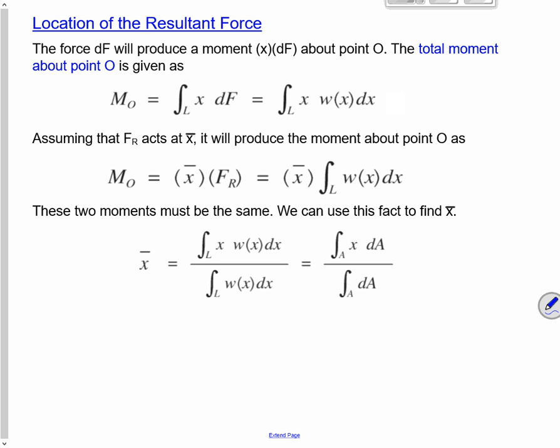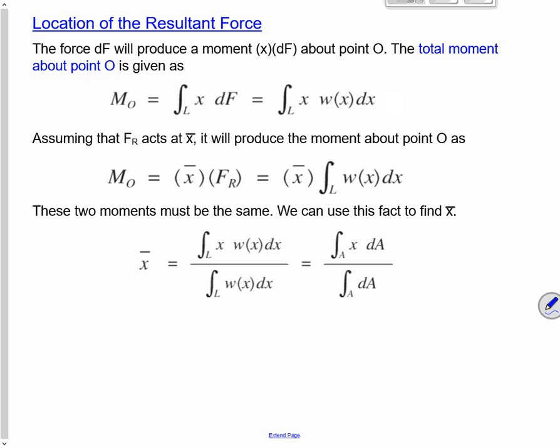So the force dF will produce a moment about point O, which is x times dF. So the total moment is given by the integral of x dF, which is x w of x dx. Assuming that the force acts at the point x bar, it will produce the moment about O given by this. Right? Essentially what I'm saying is that,